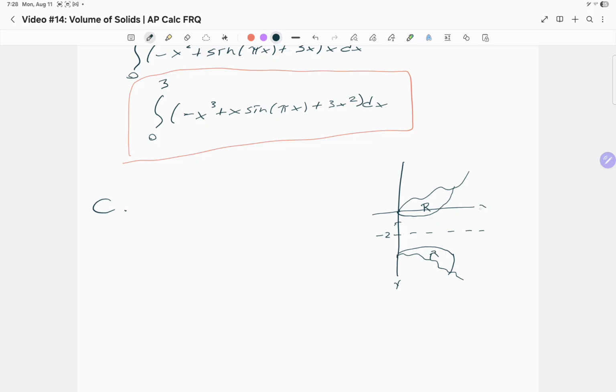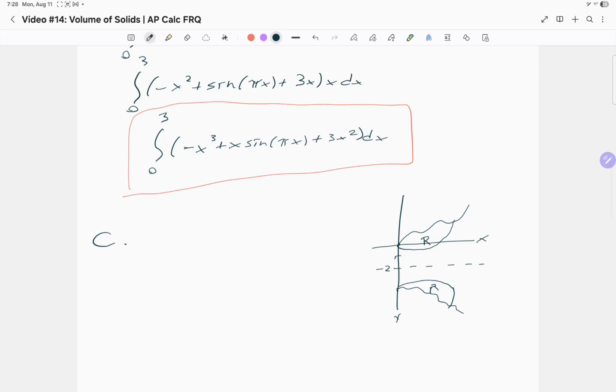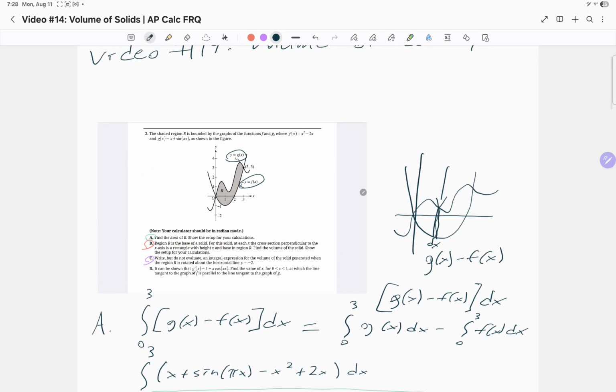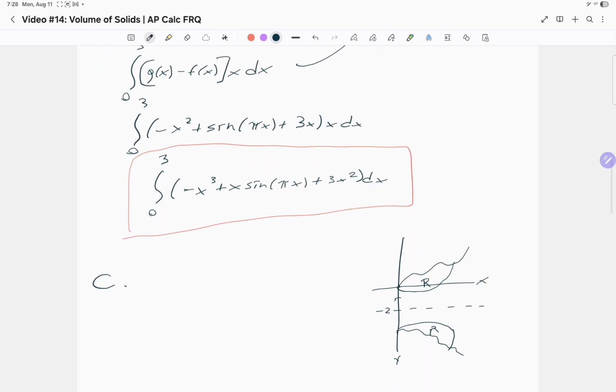So our y-axis or x-axis. So you can kind of see what I'm getting at here. If we want to write it, we're still not evaluating. It tells us not to here, actually. Integral expression for the volume of solid generated when we rotate that region,